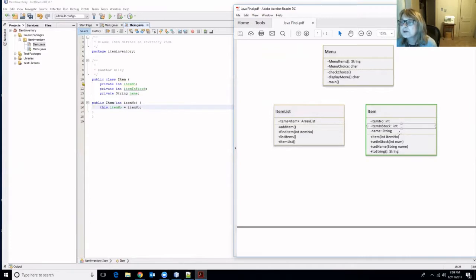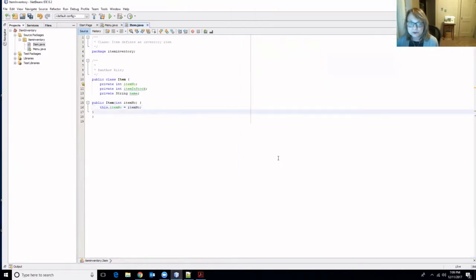We also want a couple of other methods. A method to set the number of in-stock items and to set the name. So I'll create those real quick because remember we're only allowing our user to construct an item here with the item number. So we'll add those methods. Now for this one, remember it's not a constructor, so I have to specify my return type. I don't want to return anything from this method, but it's going to set